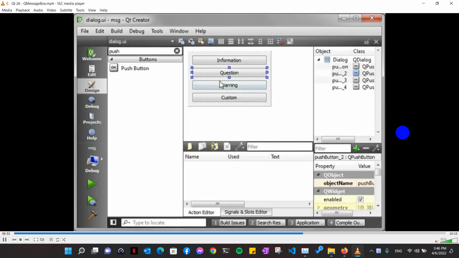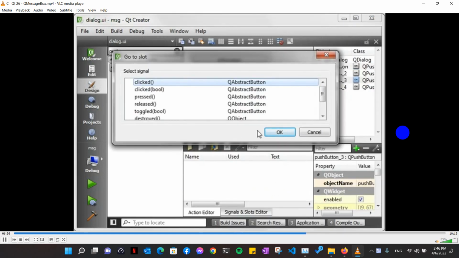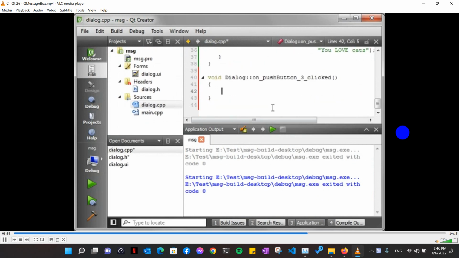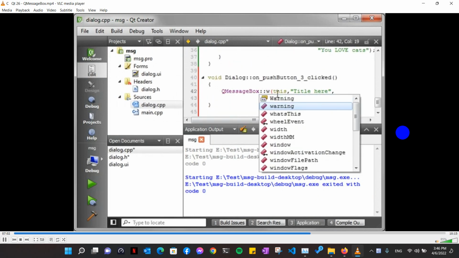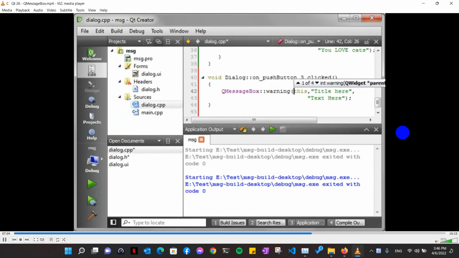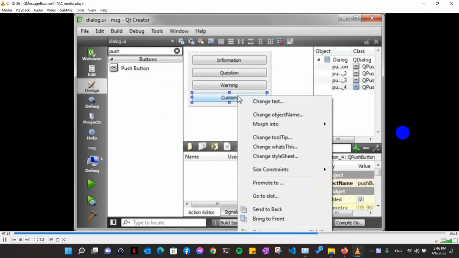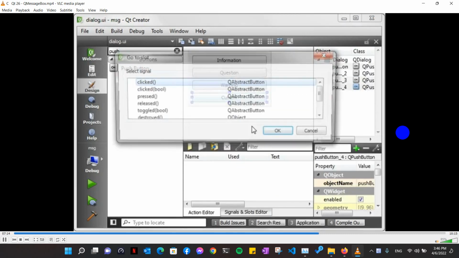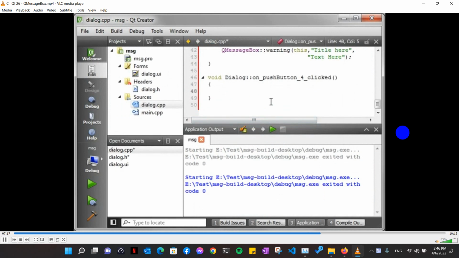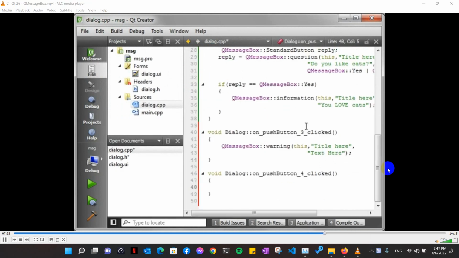Alright, now what about our others, the warning and the custom? Let's go to slot, clicked, and you guessed it, just warning. Right. And it's got the same argument list, so we really don't have to do a whole lot there. And then custom, and let's go to slot, clicked, and this one we're going to have a little bit of fun with here. So let's say